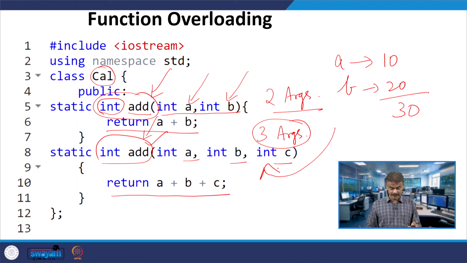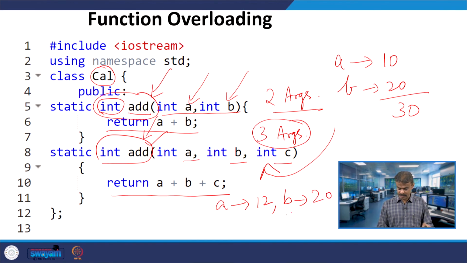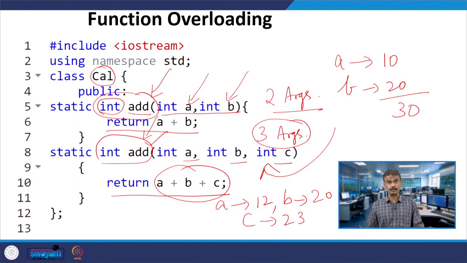So, A will take the value 12, B will take the value 20 and C will take the value 23. These 3 will be added, return A plus B plus C, 35 plus 20, 55. So, the next output I have to get is 55.